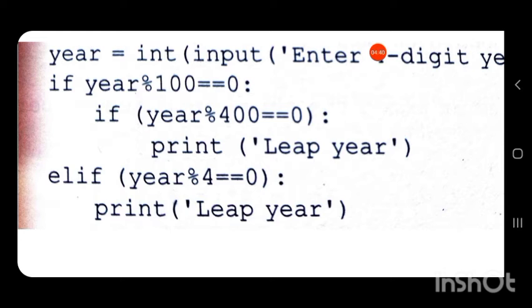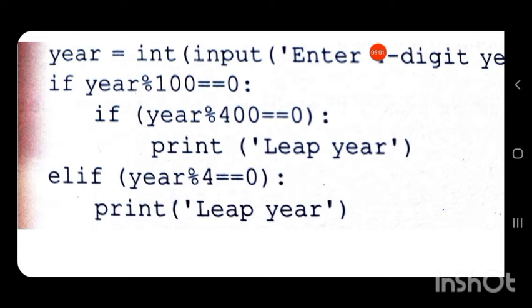If the year is a century, then it will check one more condition: whether year mod 400 equals 0, that is, the remainder obtained when dividing the year by 400 is 0.